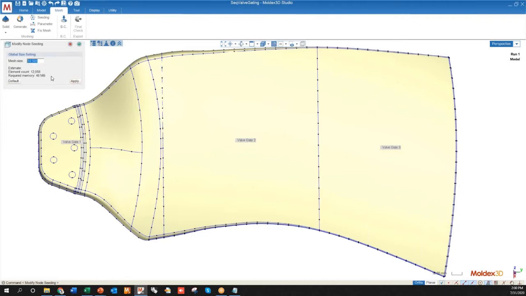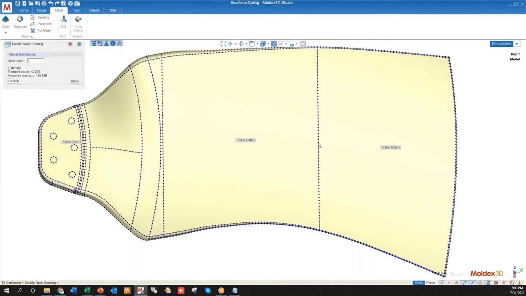So I'm going to decrease this value, let's say to 5 initially. Let's see what that looks like. We started at 10, we went to 5, so it essentially just doubled the number of nodes that we see on our part. And we see the spacing is still a little bit too much, so maybe I'll bump this down a little bit further. Let's go to 4. Getting closer, let's go 3. Yeah, that's about right. Maybe it's a little bit too fine, but we want